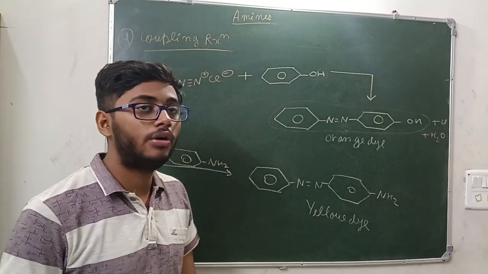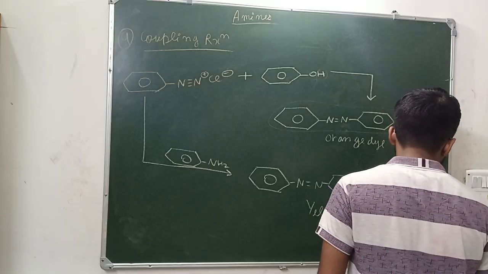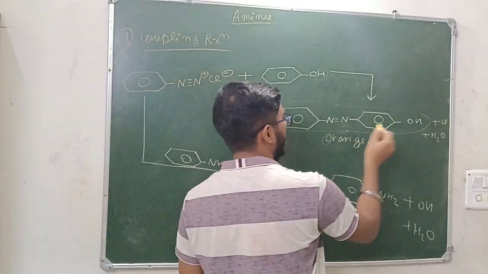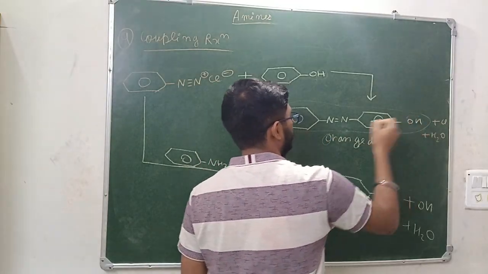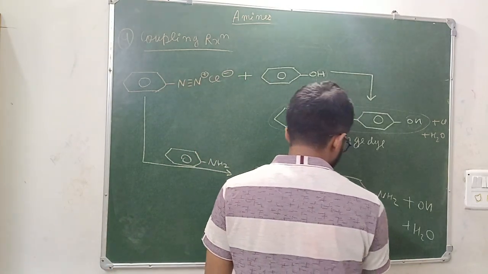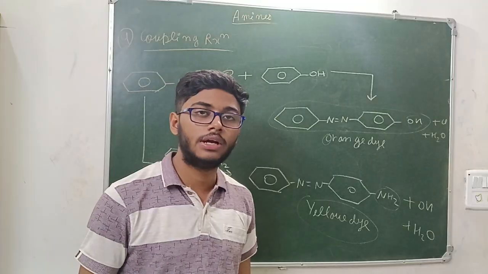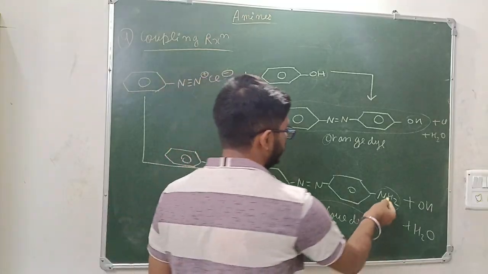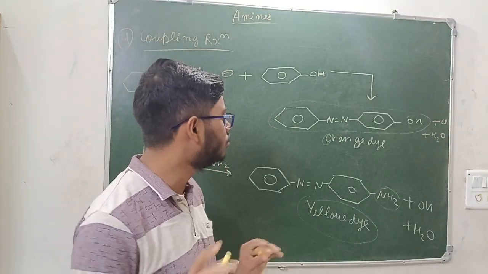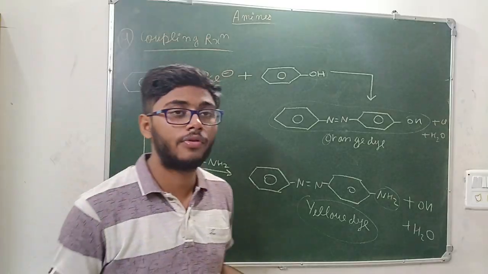How to remember which is yellow dye and which is orange dye? It is very important, and I will tell you a mnemonic. See, orange dye: first letter O, and at the last, OH group, O. So you can recognize this as orange dye. And yellow dye, if you see NH2, generally aniline is yellow in color, as you may have seen in the laboratory. So NH2 group, aniline, yellow dye. This is a simple mnemonic. You can learn it, or create your own as well. So these were the last two reactions from this topic.